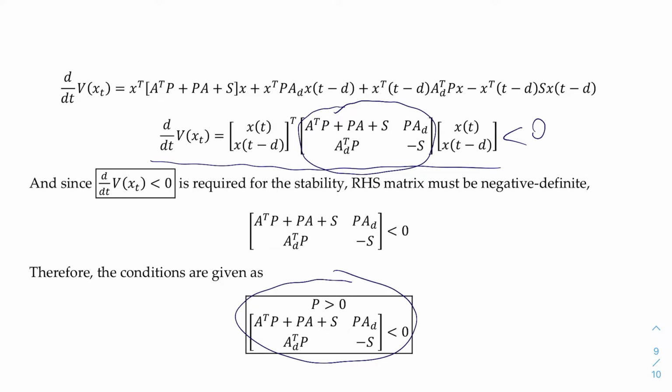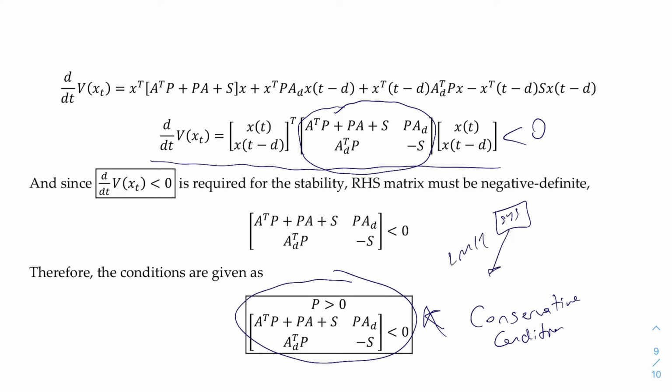Just find a P and S such that these two given conditions hold, and then we prove that the given time delay system, linear time delay system, is stable, okay. And that's easy. And now let us focus on one more thing, and this is a kind of conservative condition. What I'm trying to say is that we can have a system,